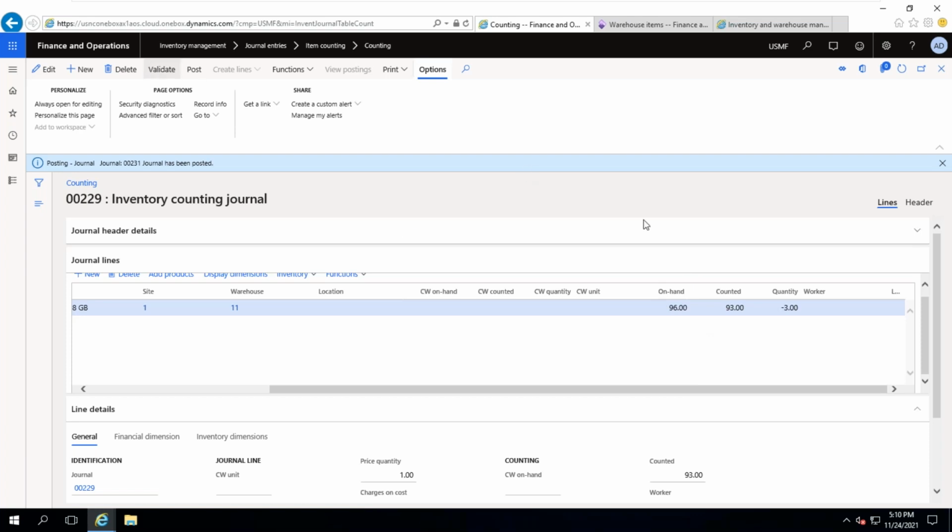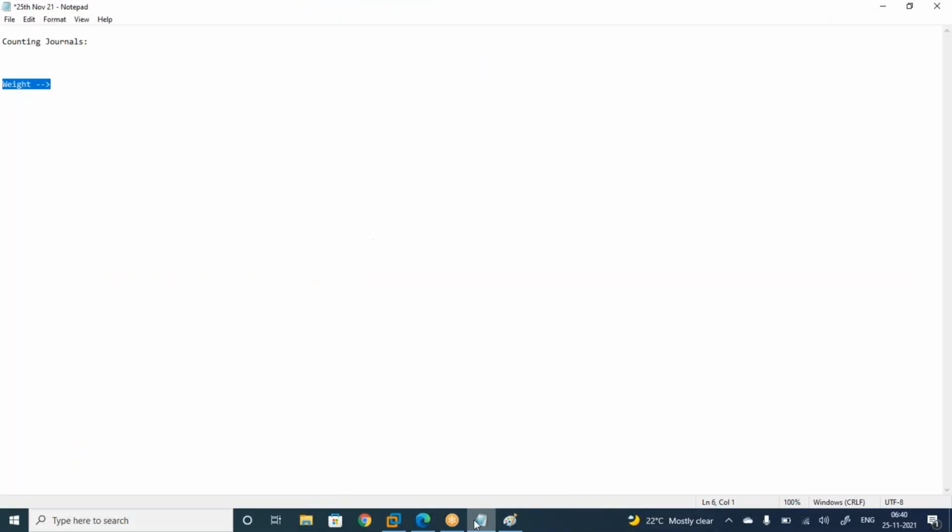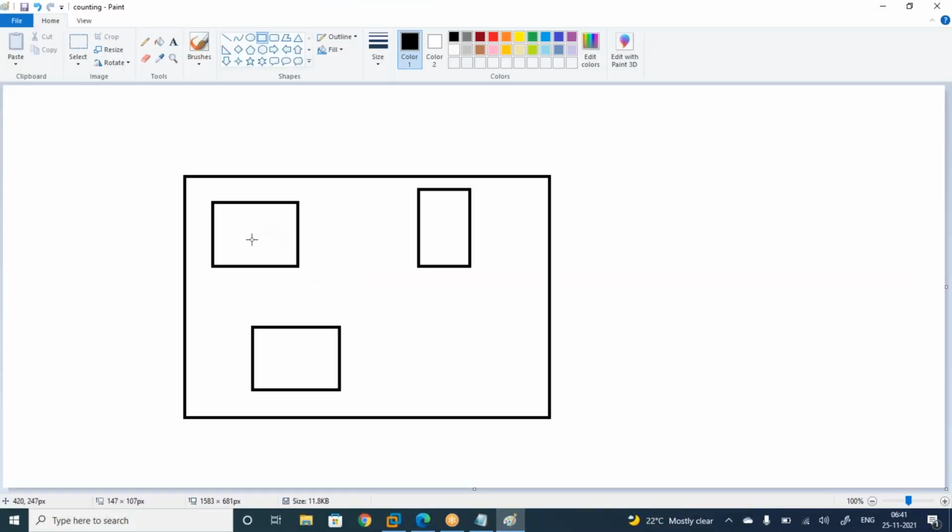You can delete this one, and you can ask the counting team to count differently. Initially team A counted here, team B counted here, team C counted here. I will ask team A to count here, team B count here, team C count here,